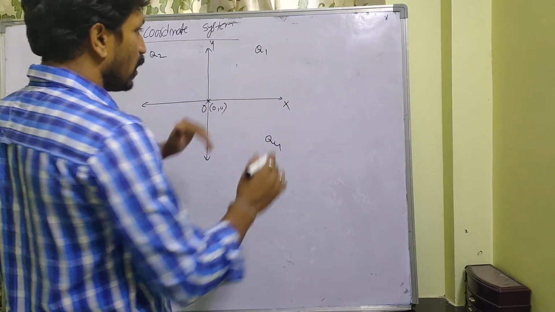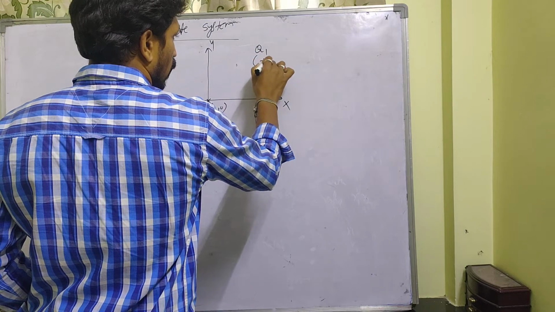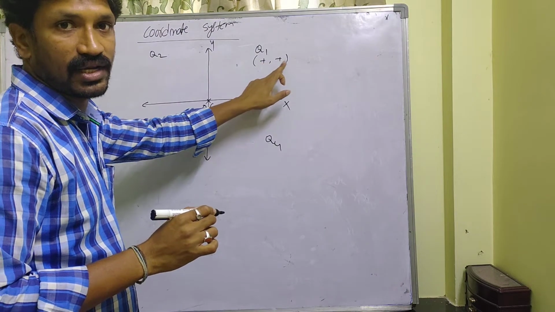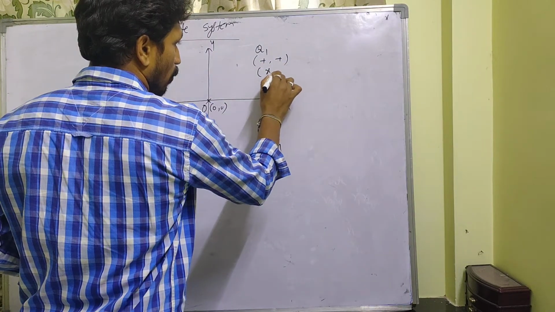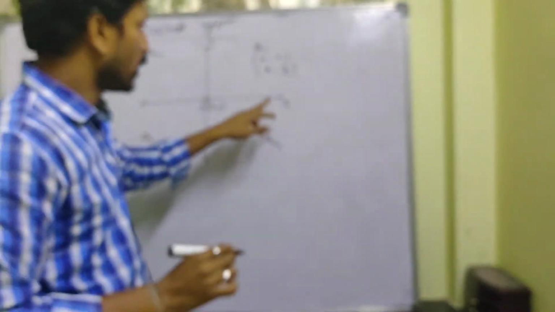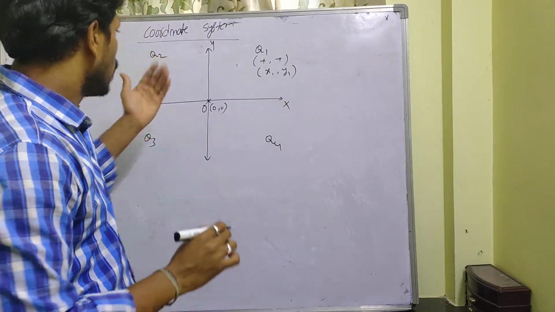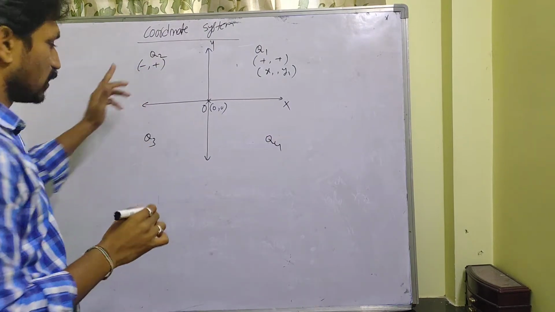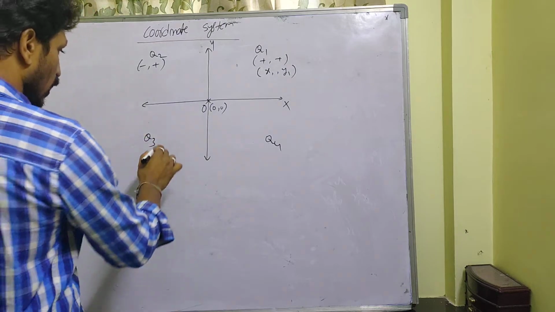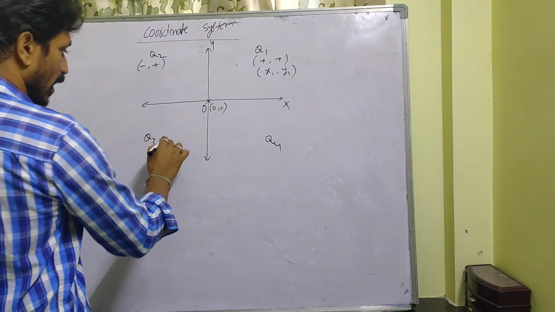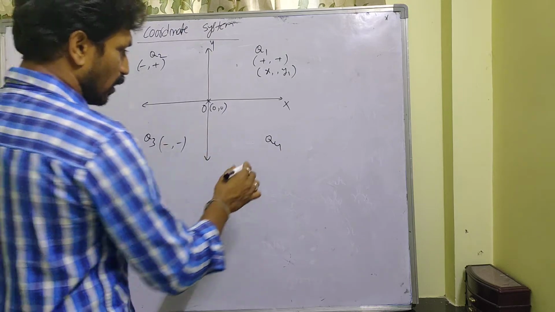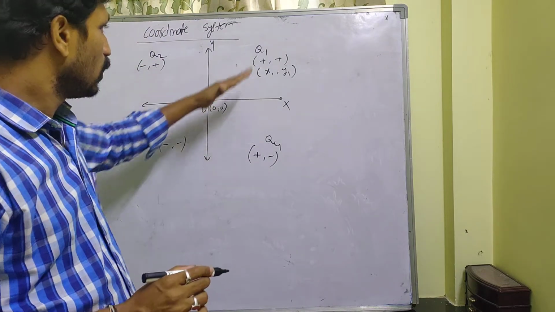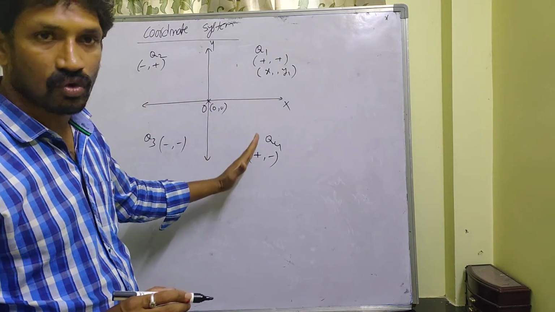Okay, here any point if you want to take, that will be positive only. So here point means this is for x coordinate, this is for y coordinate. Let us take some x1 comma y1 if you want to take in the first quadrant, so both should be positive. In the second quadrant, if you want to take any point, here x coordinate is negative, y coordinate is positive. Here both are negatives. Here x positive, y negative. If you want to take any point on first quadrant, second quadrant, third quadrant, fourth quadrant, like this.